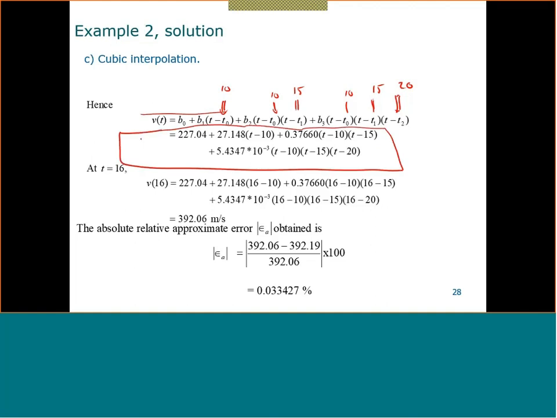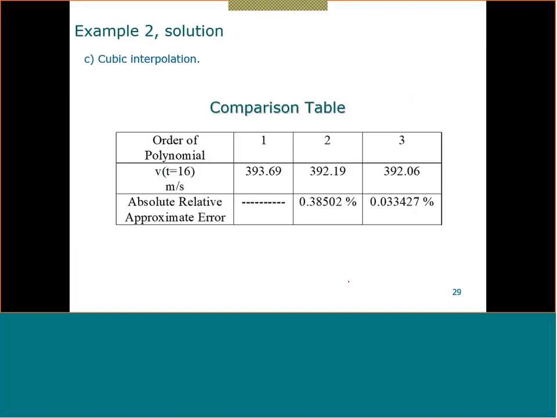Now I can substitute V of 16, and I get exactly the same answer, with exactly the same error, which is less than 0.05%. And we said that there are 3 significant digits in this last answer. And here is the summary of the results, which is the same as